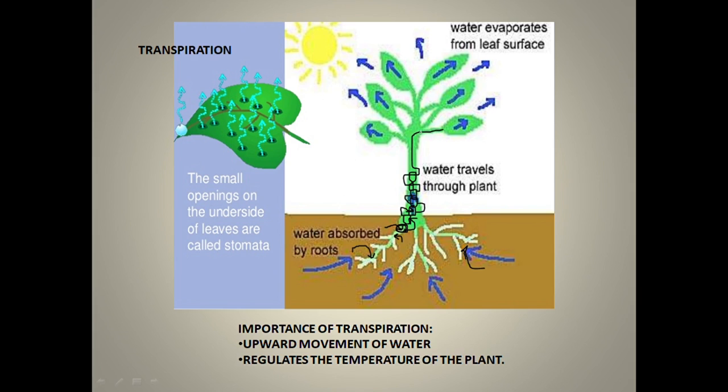Now it is moving through different paths, and how is it happening? It is because of the xylem tissues present in the root, stem, and leaves, which are all interconnected, right? Because of this interconnection, a continuous column of water is established here. You can see they are all filled with water now. In this way a continuous column of water is established. This is how the water moves from the lower parts of the plant to the aerial parts of the plant.